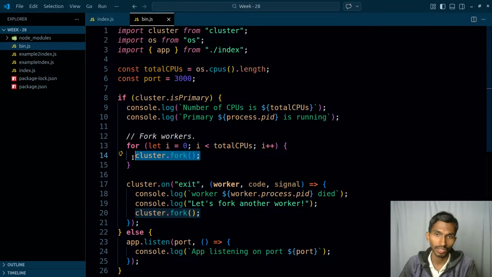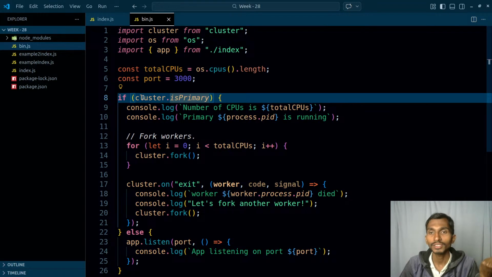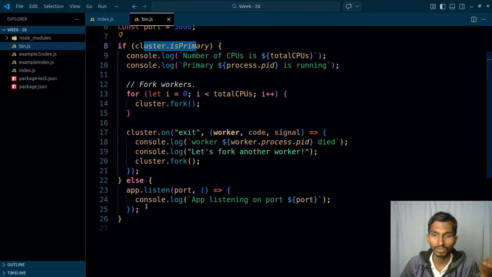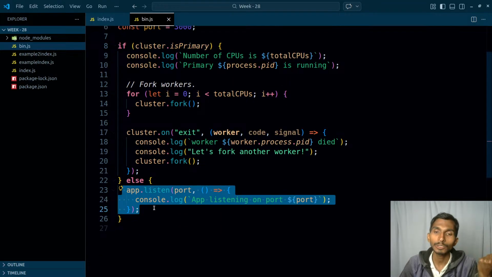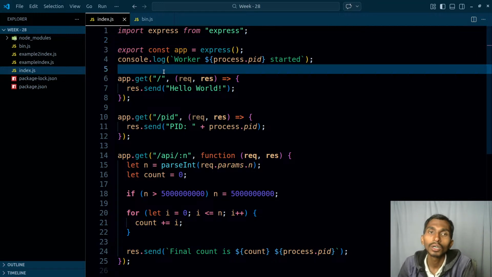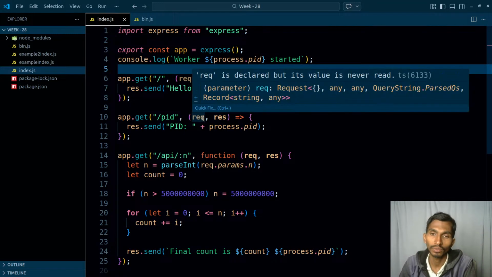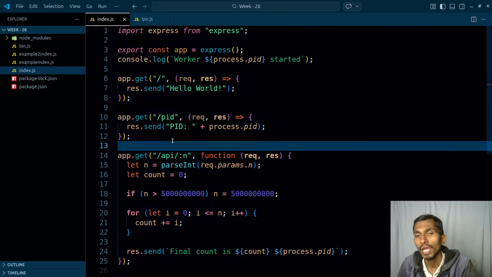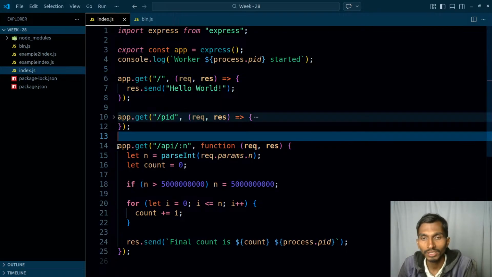cluster.fork is called and a cluster is forked, at that time this file runs again. At that time cluster.isPrimary becomes false. That simply means this particular part is going to run, and this part running means your main index.js is running, and inside this index.js you have just your business logic, whatever you want. So this is the basic thing that you can have,